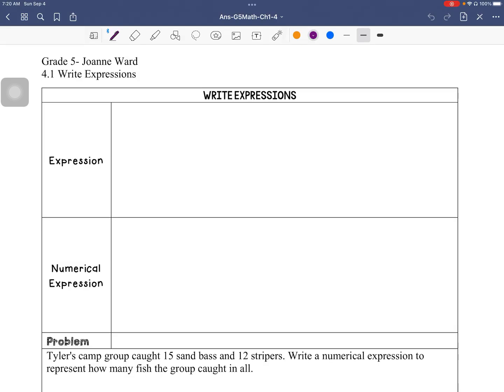So grade 5, 4.1, I want to talk about writing expressions. So what is an expression? An expression is a mathematical phrase that combines numbers, operation signs, and sometimes variables, but does not have an equal sign. So an expression is a mathematical phrase